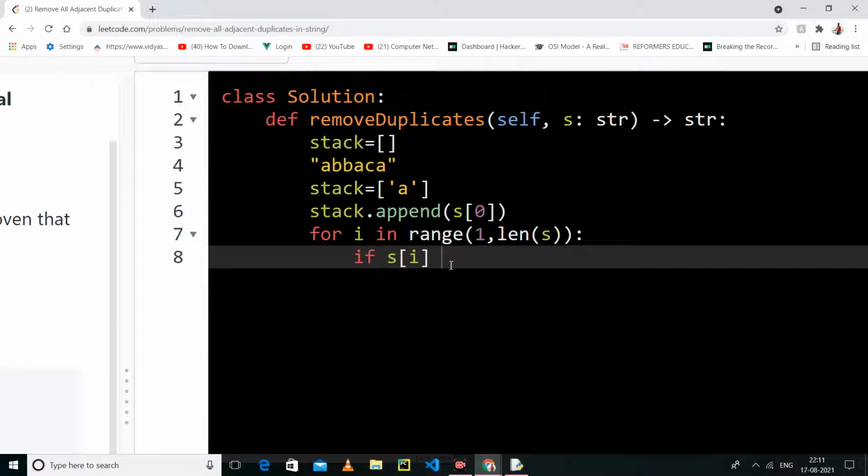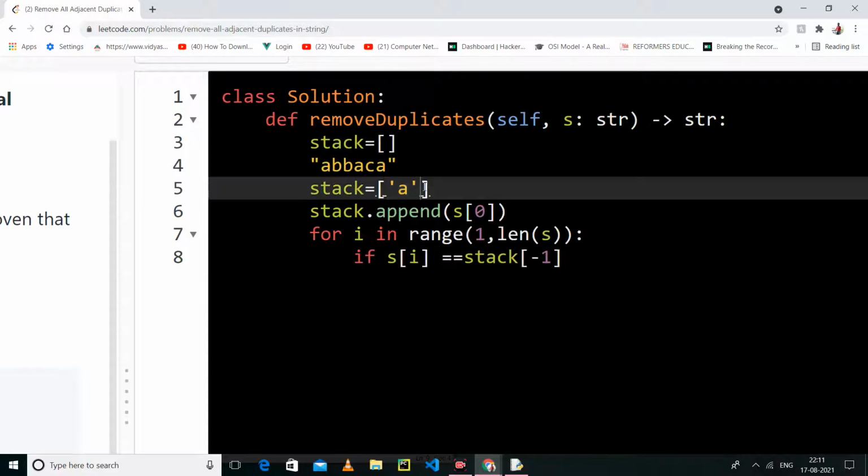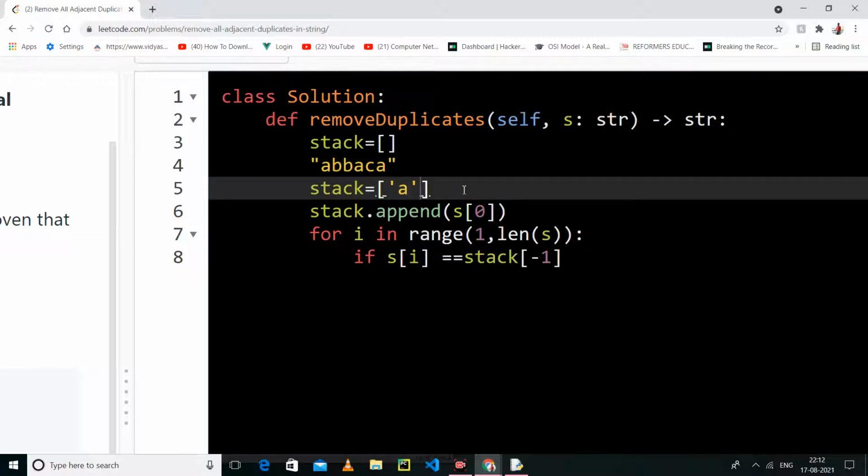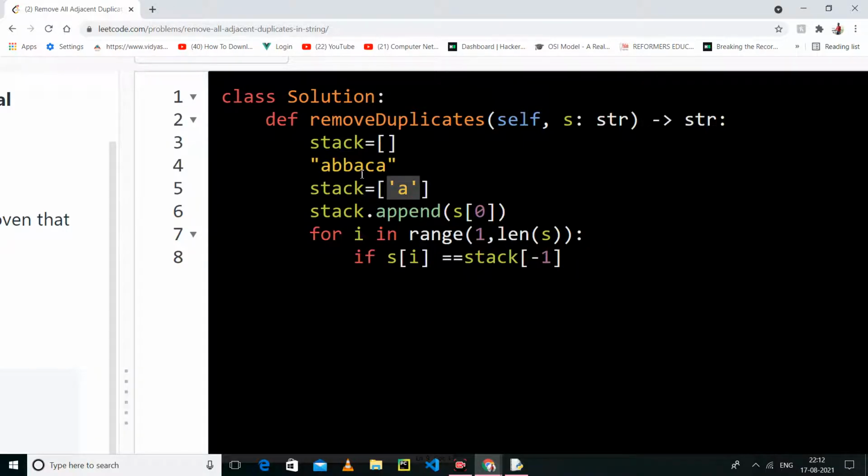So b, whether b is equal to stack of -1. What is -1? Minus 1 is just the previous value, it takes the last value which is present in the list. So we check whether a is equal to b.